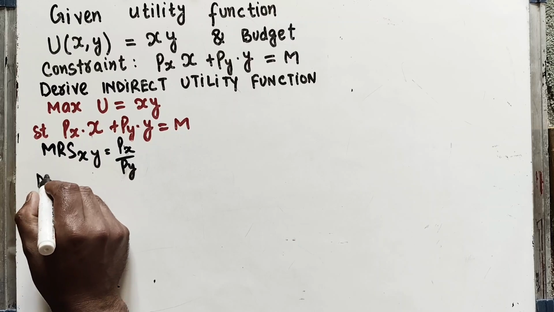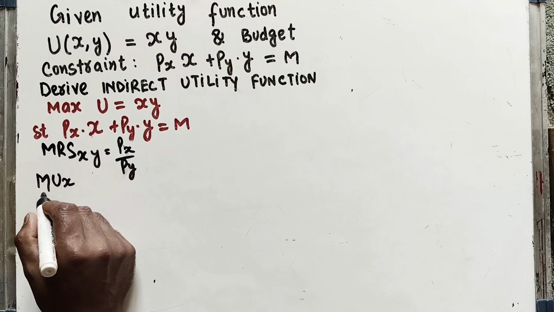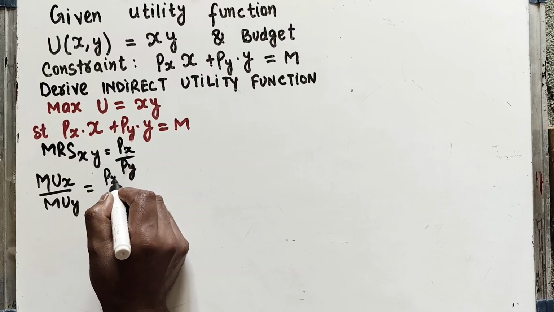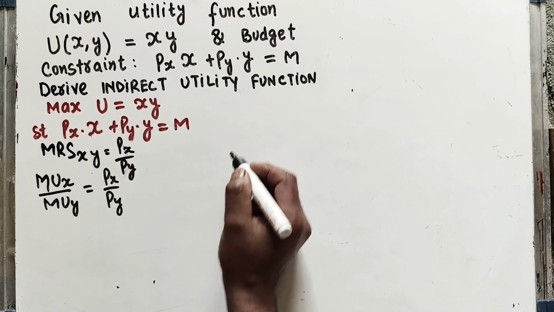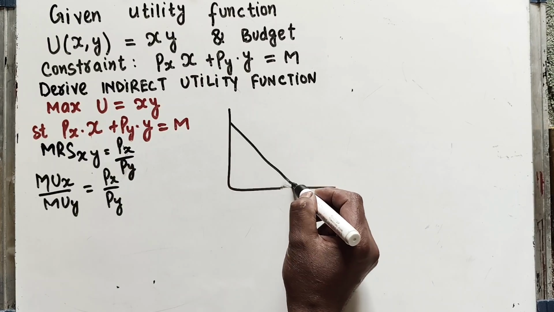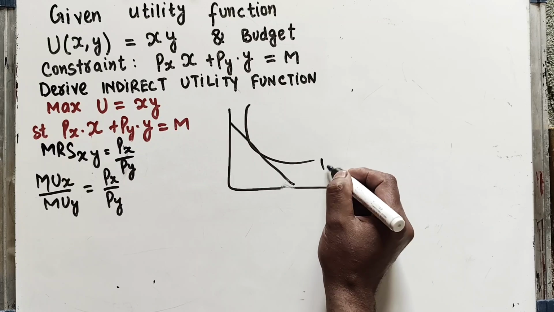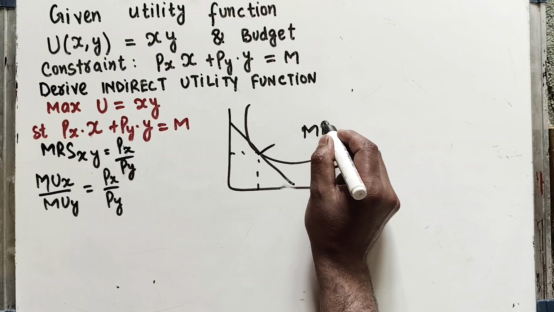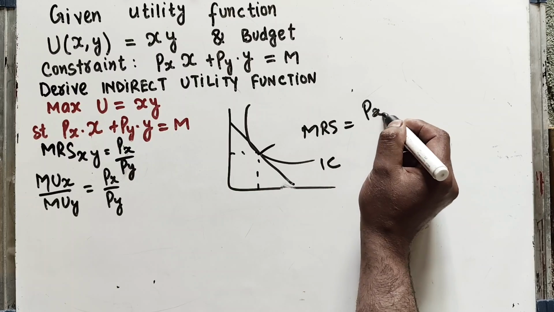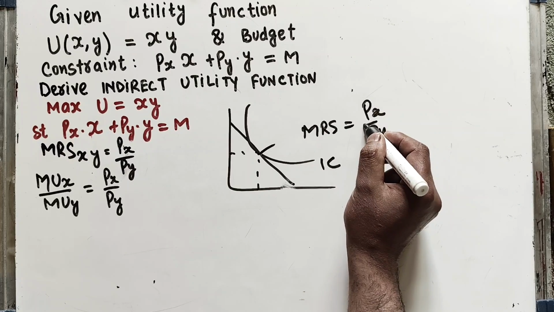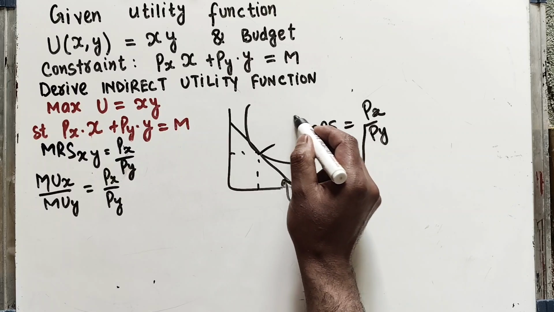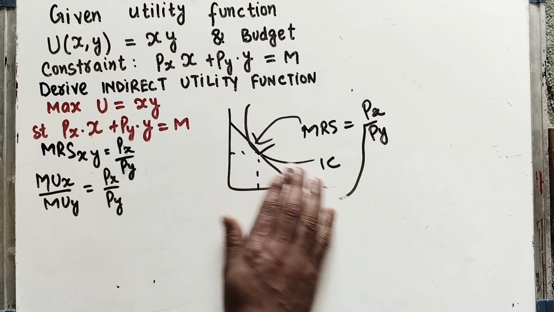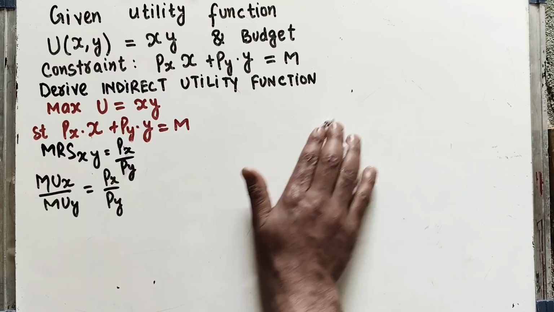So we know that it is simply the ratio of marginal utility of good x and marginal utility of good y, and it should be equal to the price of x upon price of y. Okay, so graphically it is simple. We have the given budget constraint. With the given budget constraint, we want to achieve highest possible utility, and it occurs at a point where MRS is equal to the ratio of the prices. Okay, so this ratio is the slope of the budget line, MRS is the slope of the indifference curve. So the tangency between them gives us the demand function for good x and y